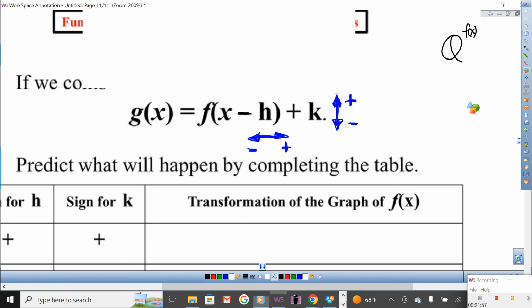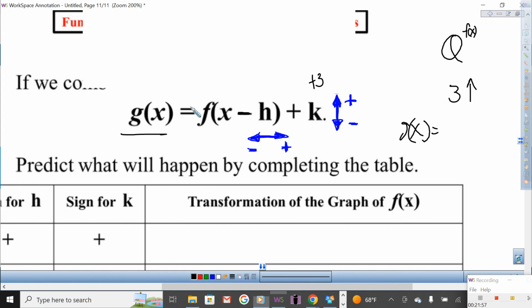Here it goes. I want to move this 3 steps up. What do I substitute and where of that function? Talk to your neighbor. What do I substitute and where? Jalen, pass someone. Jose. K, positive 3 for K, so it can go up. That is correct. So my function would be g of x, which is this, equals, there it is, f of